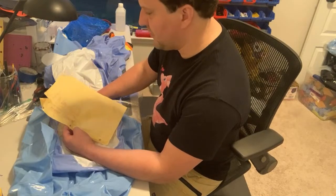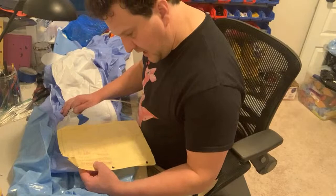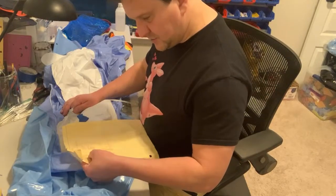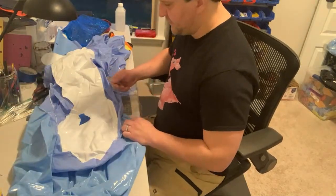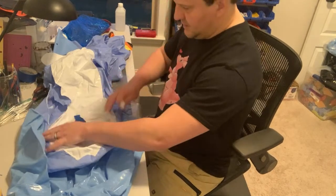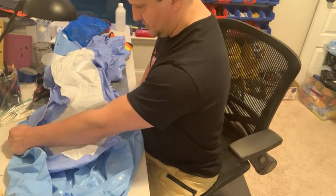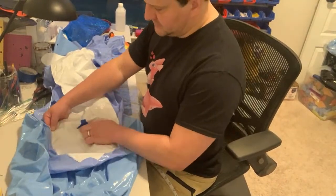I was able to put it on and say, okay, I don't need to worry about the math, I'll just figure out how many inches I need to add in order for it to fit properly. So on the waist, I need to add, see, 8 inches. 8 inches to the waist. So that being the case, I need to put 8 inches. So that means I might need to go a little further down with these front cuts